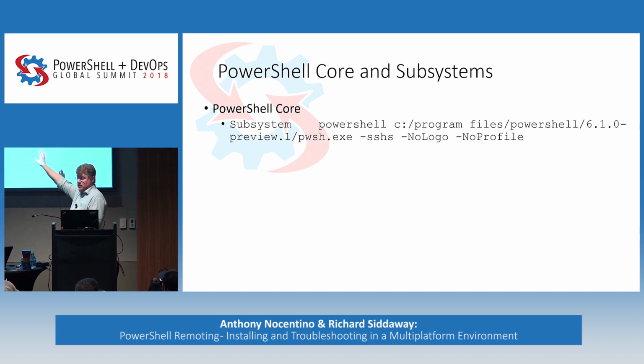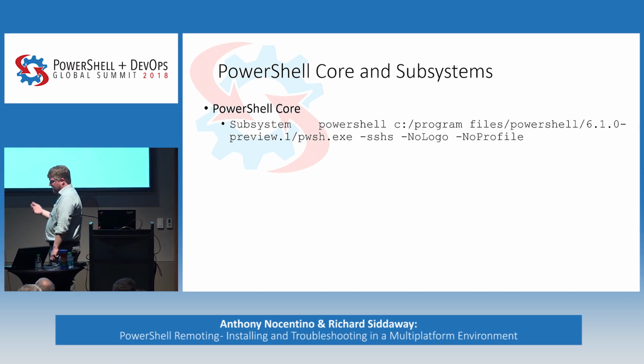You name the subsystem something. In this case, it's PowerShell, and then you point it to a binary, right? So in this case, it's going to be C, program files, PowerShell, yada, yada, yada, all the way to pwsh.exe. Those parameters on the right are actually PowerShell parameters, and that then is now a configured subsystem, such that when